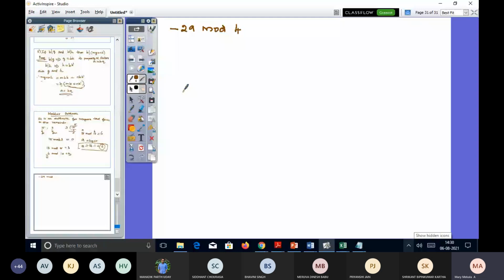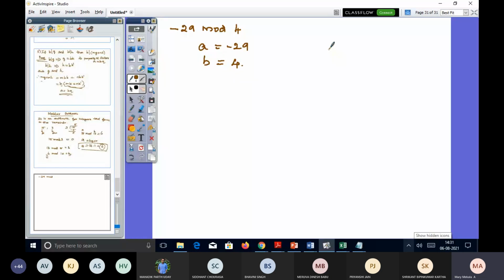Yeah. So if they are asking you to write a step-by-step process, you can write it in such a way that A is equal to minus 29 and B is equal to 4, isn't it? So you can find out the quotient also with respect to the algorithm. Actually, we know that A is equal to BQ plus R, isn't it? So now here there are some rules for R, the conditions to be satisfied.